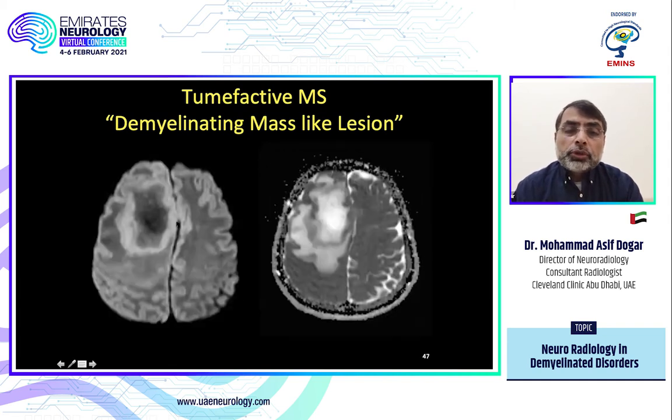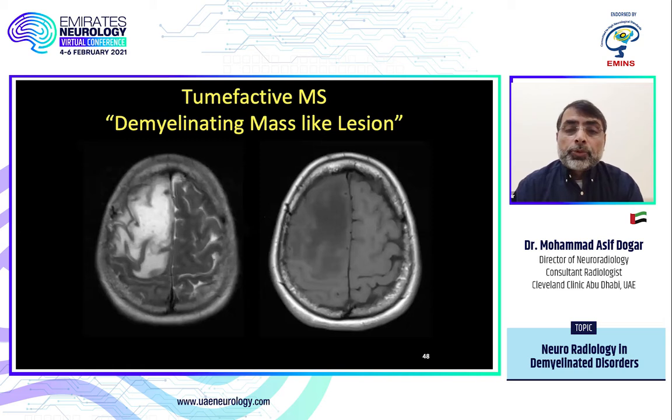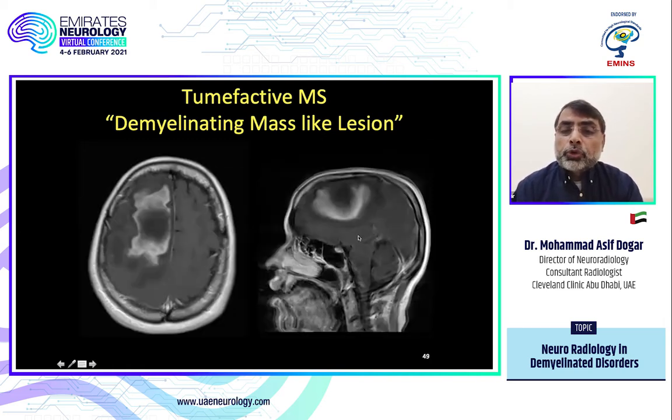Again, on the diffusion images, we can see peripheral diffusion restriction. Here is the ADC, but there is no central diffusion restriction. But still, it looks very worrisome, like a mass. Sometimes GBM can have a central necrosis, and we only see the peripheral diffusion restriction. So here again, you can see on the T2 and T1, it's a large lesion with edema. But this is more specific for demyelinating disease, as it is an incomplete ring enhancement.